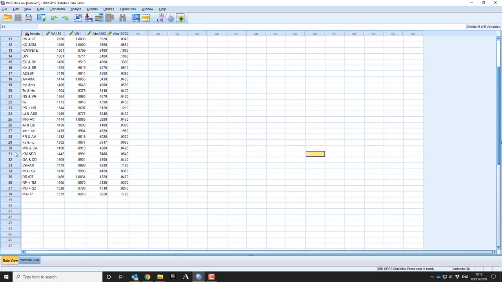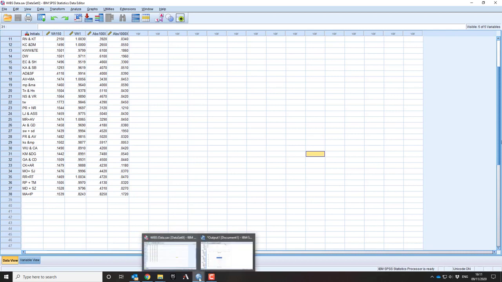So that means anything that is less than 0.8991, so 0.899 we can put in as missing values for that particular